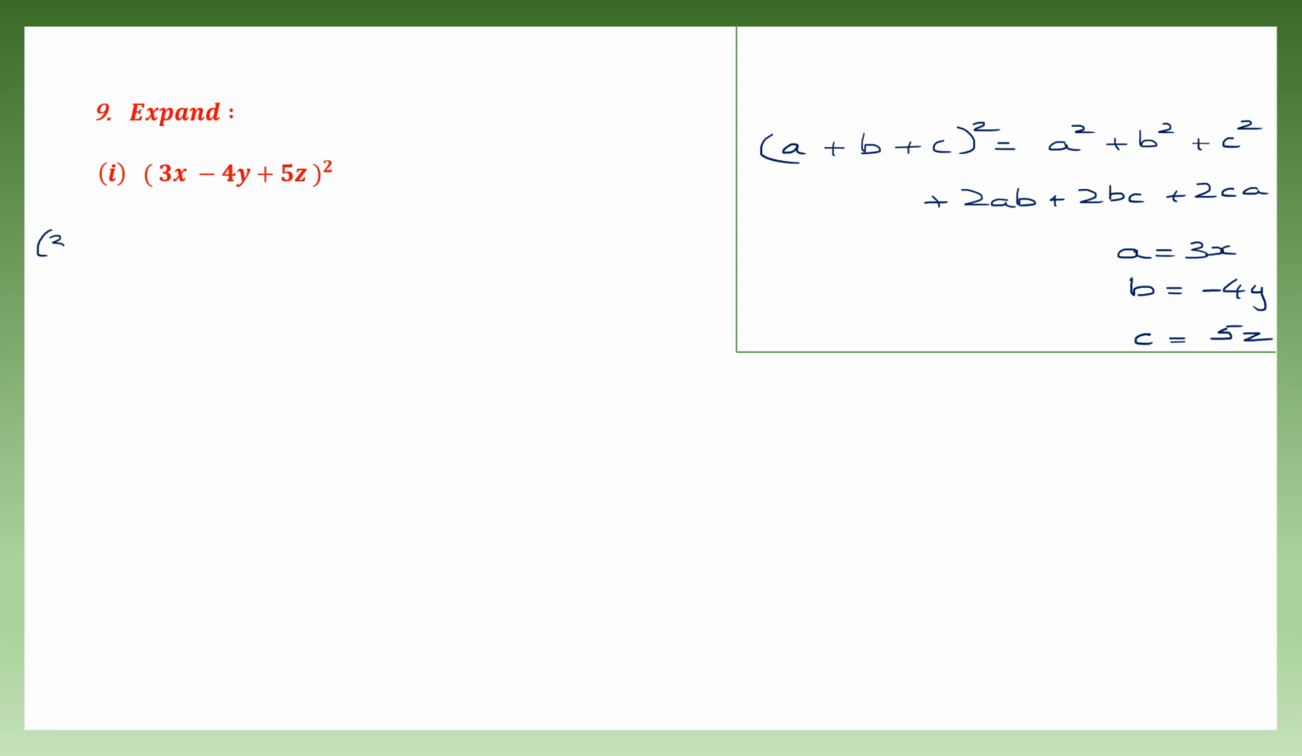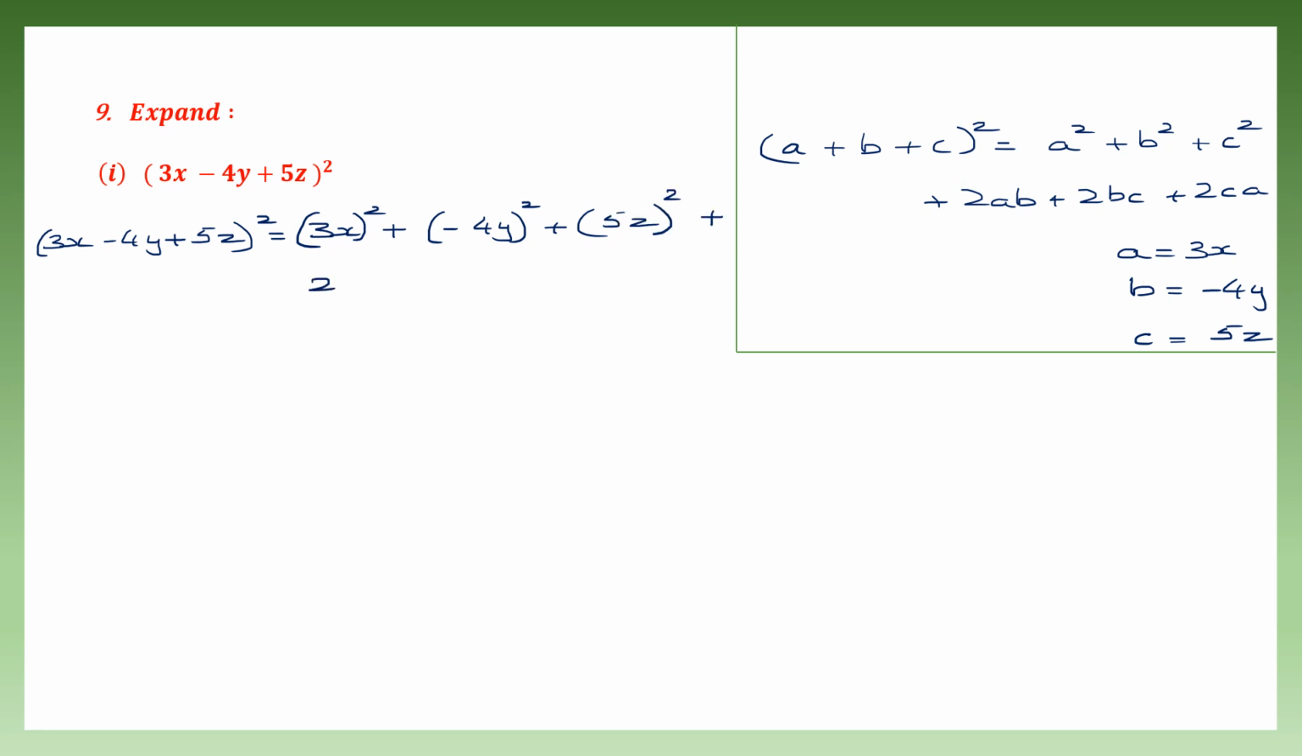So let's write that 3x minus 4y plus 5z the whole square is equal to a square. What is a? 3x and square of this plus b square. And what is b? Minus 4y, the square of this. Then c square. And what is c? C is 5z, the square of this. Plus